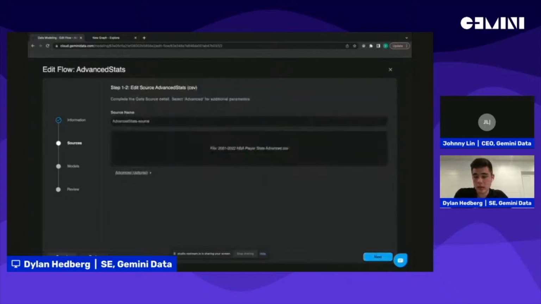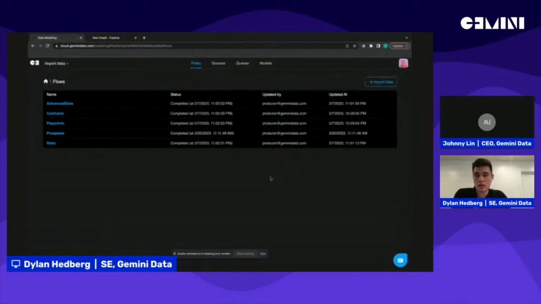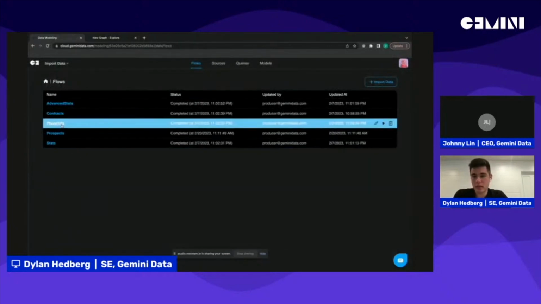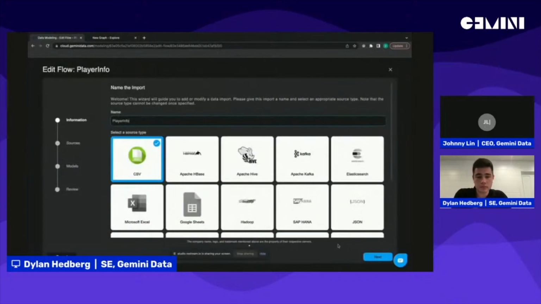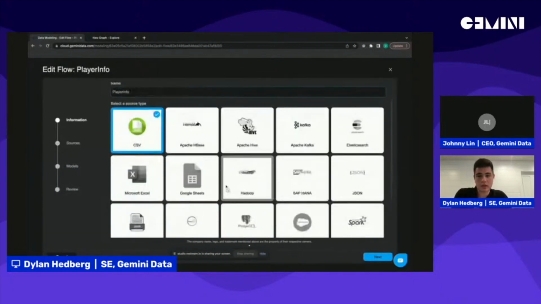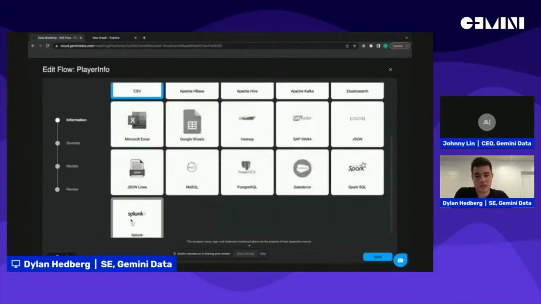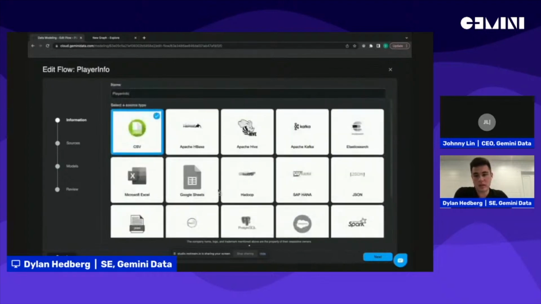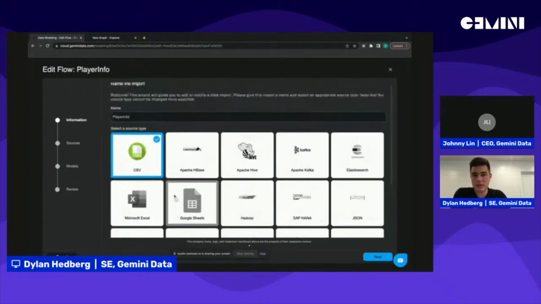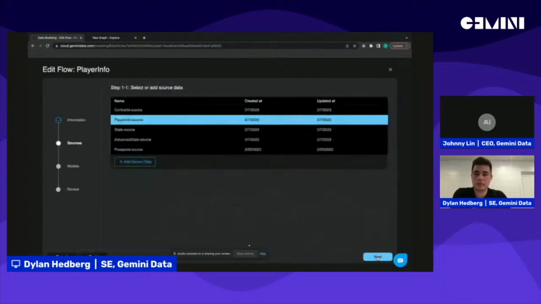Let me go back and cancel out of here. For another data set, let me pull up the player info. And you'll see just right here quickly that we have different plugins that are available for your data ingestion. And we're not limited to only CSV in one project. You could have multiple sources from different data silos. So if you have more dynamic sources such as Splunk or Salesforce, you can automate those ingestions with time increments. But if there's more static data sets that you want to put in place, CSV is generally your best option.